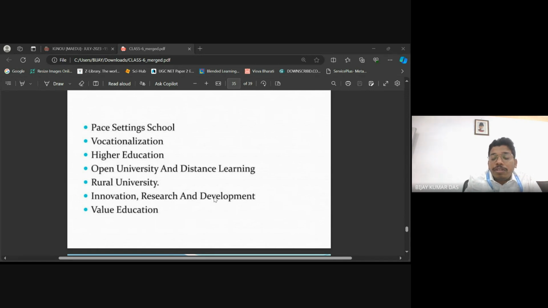If there is no research, stress. So this is the innovation, the new trend, the modern trend. Maximum focus should be given to innovational activities, the research field, and the development of the nation. Again, there is inculcation of value education among the learners, inputting the value, generating the value among the learners,